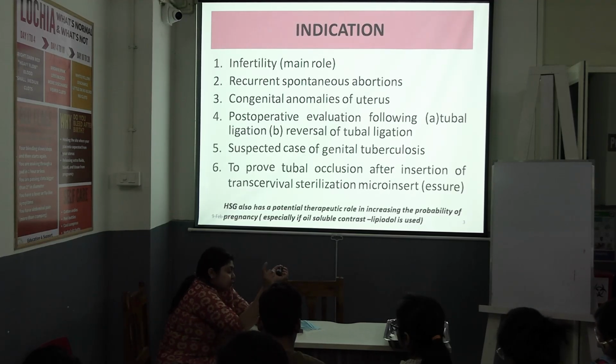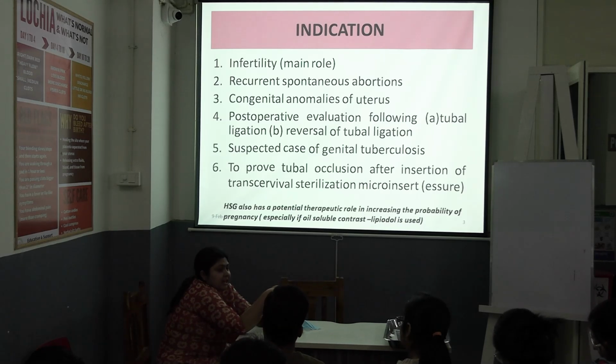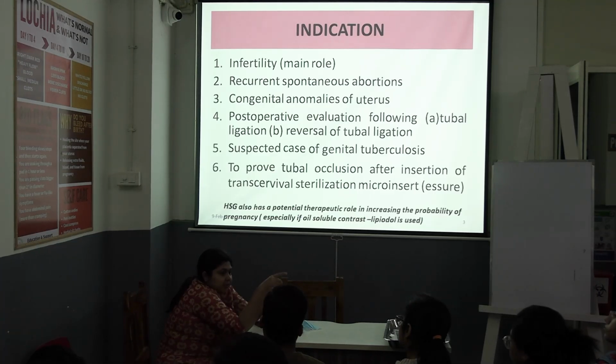Another, not only bilateral tubal ligation, in case of bilateral tubal occlusion, that is Essure. We use an Essure ring and we put the Essure ring inside the tubes, at the uterotubal cornual junction. Then for confirmation of the procedure, we ask the patient to come after 3 months. And after 3 months, what do we do? We do the same dye test, that is HSG, and see whether the dye is getting spilled or not. Mostly not for tubal ligation, mostly it is done for the Essure procedure to confirm whether the procedure has been successful or not.